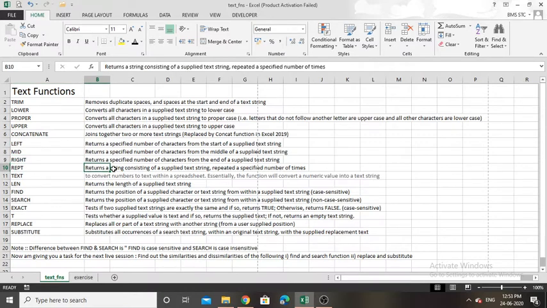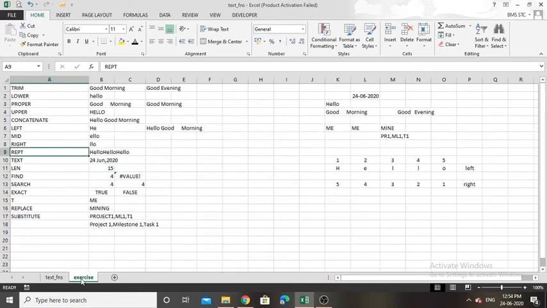So repeat returns a string consisting of a supplied text string repeated a specified number of times, which means that you have to specify the number of times a particular word should be repeated. Like in maths we will say 1 square, 2 cube, 2 raised to 5, like this, no? So what do you mean by 2 raised to 5? Repeat 2 5 times. So 2 into 2 into 2 into 2 into 2.